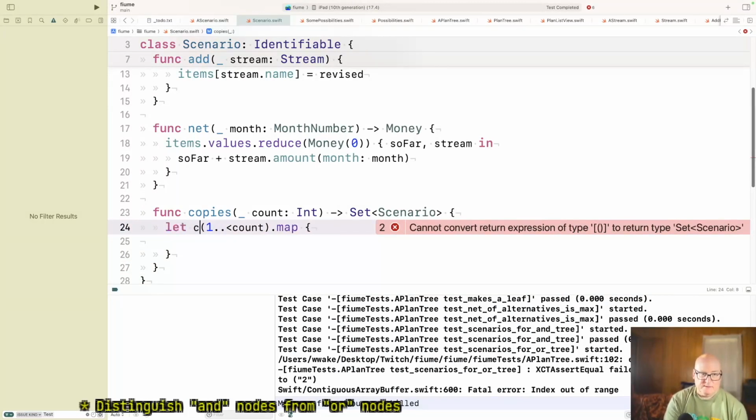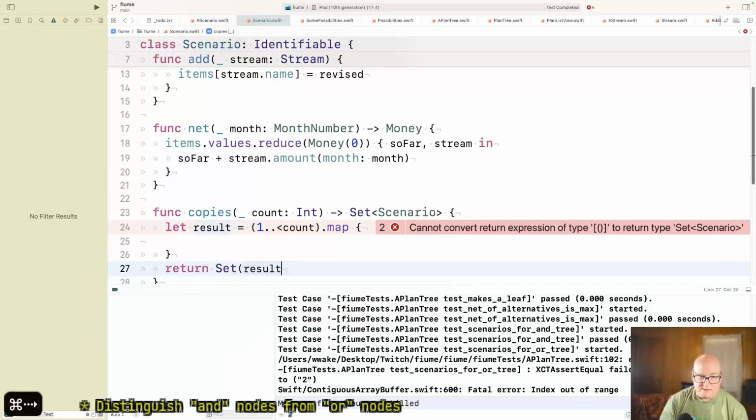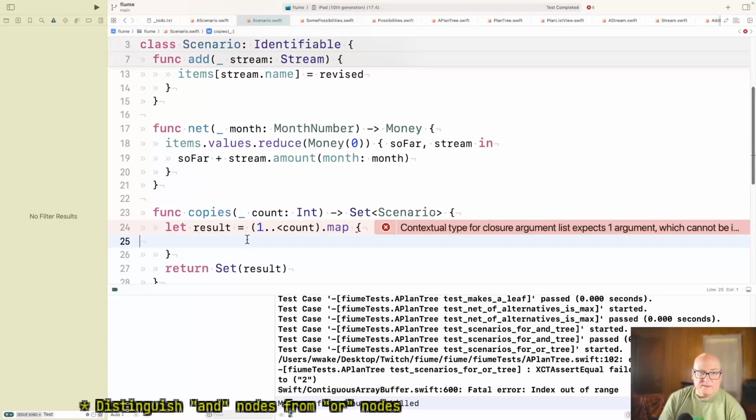What result equals that. Return result. I don't know if I can say set of result. Okay, and then we're not even going to look at the number. We don't need it. We're just counting things.